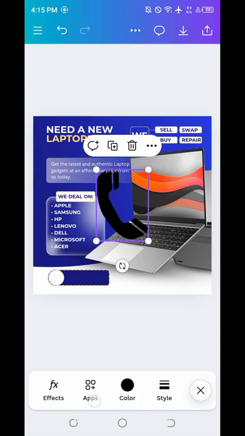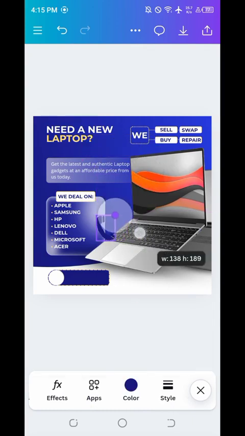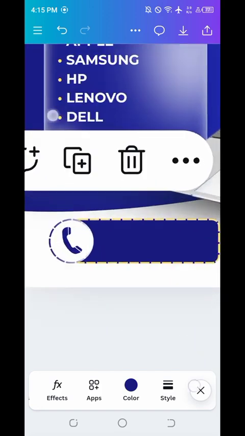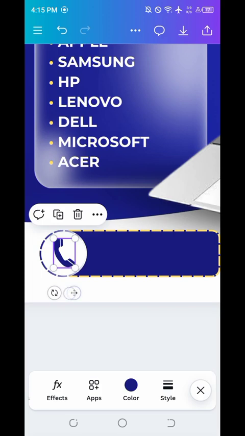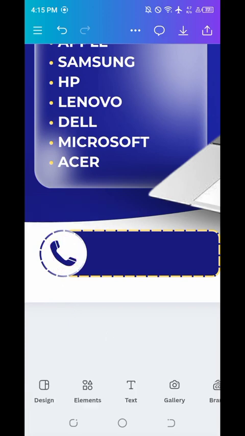Then I'll go to color and change the color to that same blue color, and then I'll reduce the size to something like this and position it until it fits into the circle shape. I like to zoom in and then position it properly inside the circle shape like this. Now I like to rotate it by using this button to rotate it a bit. Now we are almost done with our design. Now what next for us to do is just to bring in the phone number